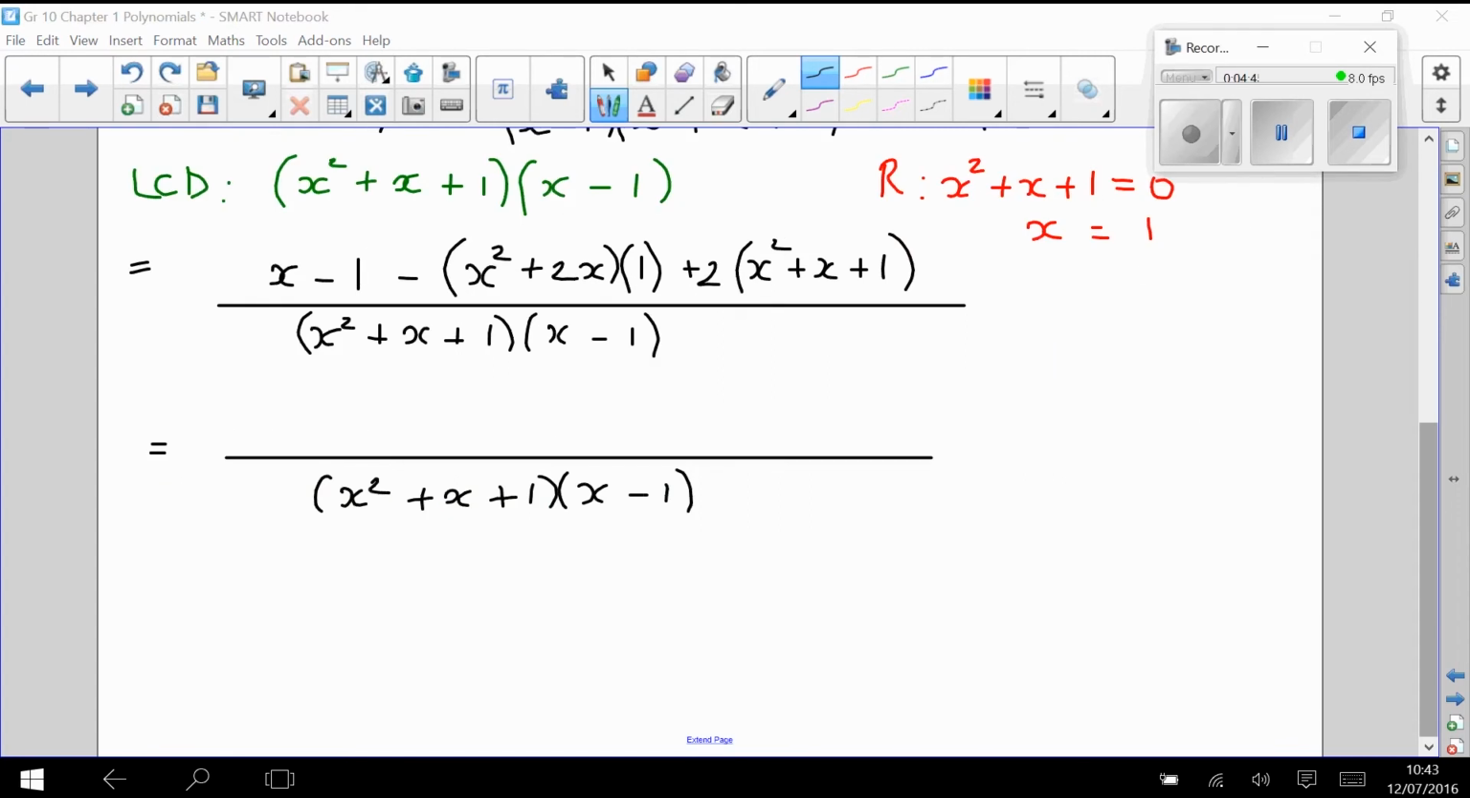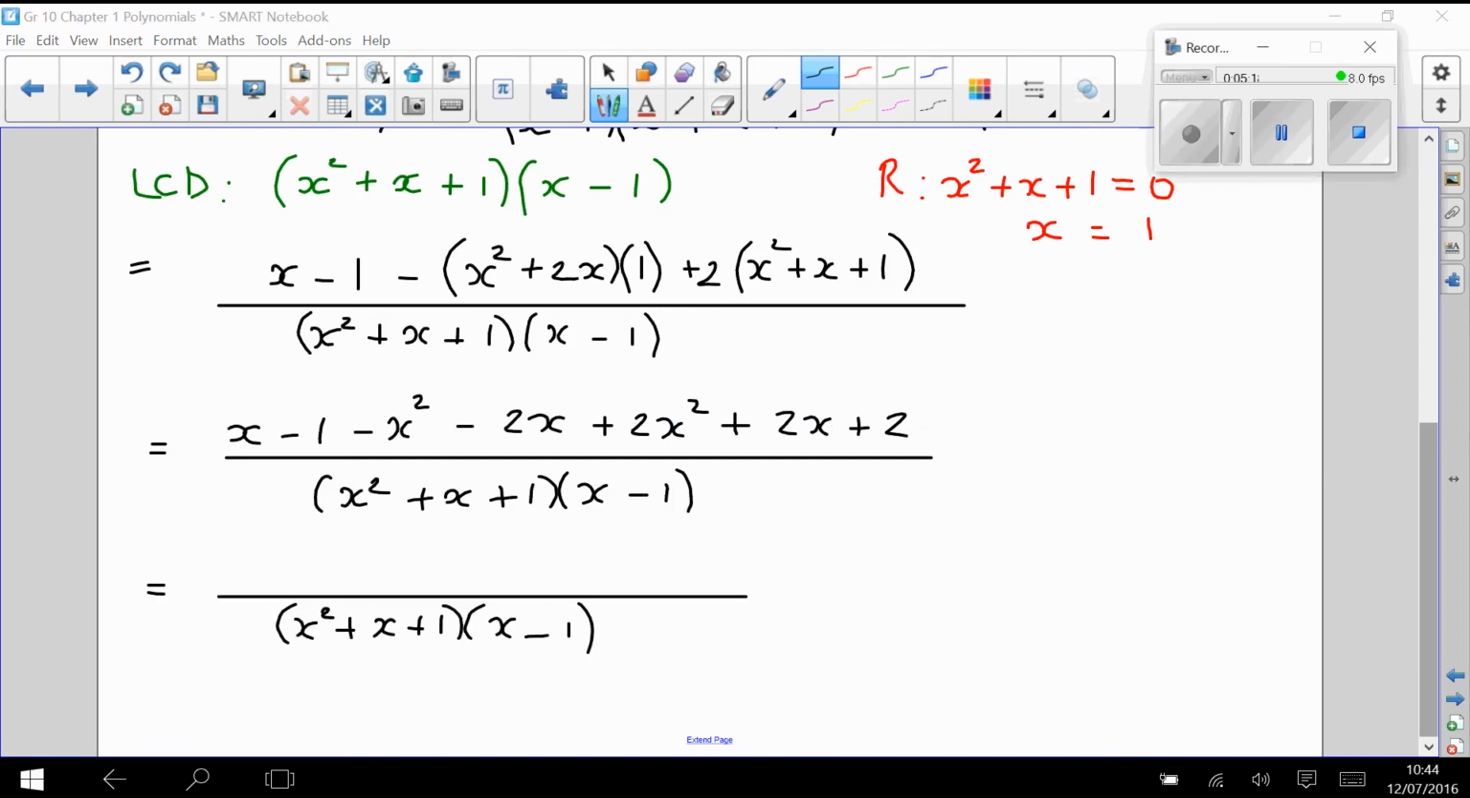In my next step, I'm going to simplify the numerator. The first 2 terms remain unchanged of x minus 1. In the next part, I must distribute that minus into its bracket. So I get minus x squared minus 2x. And then lastly, I distribute the 2 into the third bracket, which gives me plus 2x squared plus 2x plus 2. Adding like terms, I find that I'm going to be able to get an answer in my numerator of x squared